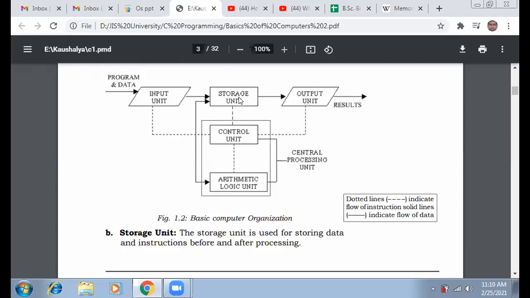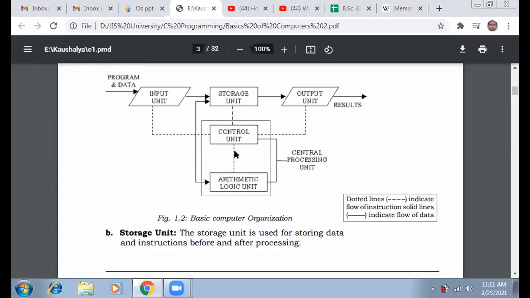The storage unit cannot perform operations on that data automatically, because it has no provision to access or decode the instruction. That is only done by the control unit. The control unit can understand the instruction that the user provides from the outside world, whether addition, subtraction, or any other mathematical or logical instruction. It decodes that instruction, and the instructions are sent in terms of different signals from the control unit to the storage unit, the arithmetic logic unit, or any other input and output units.